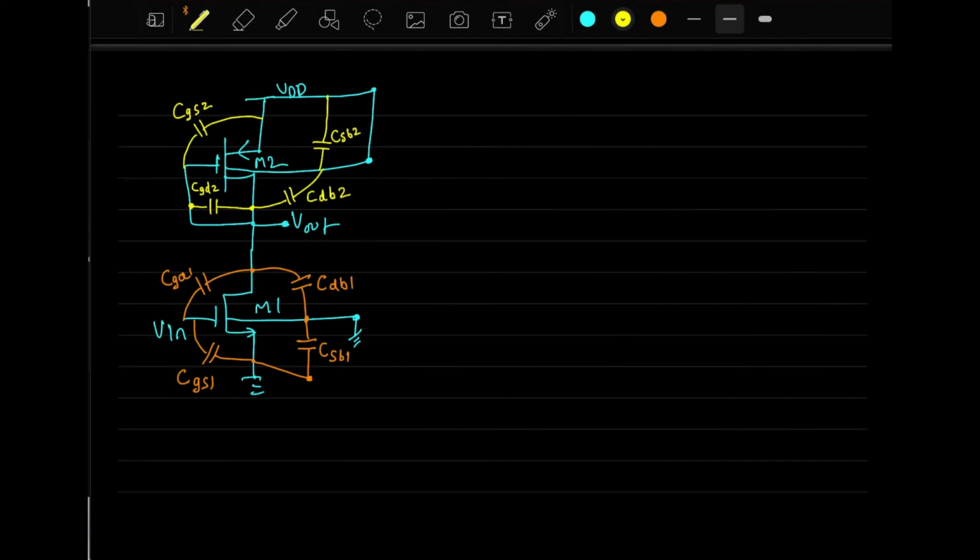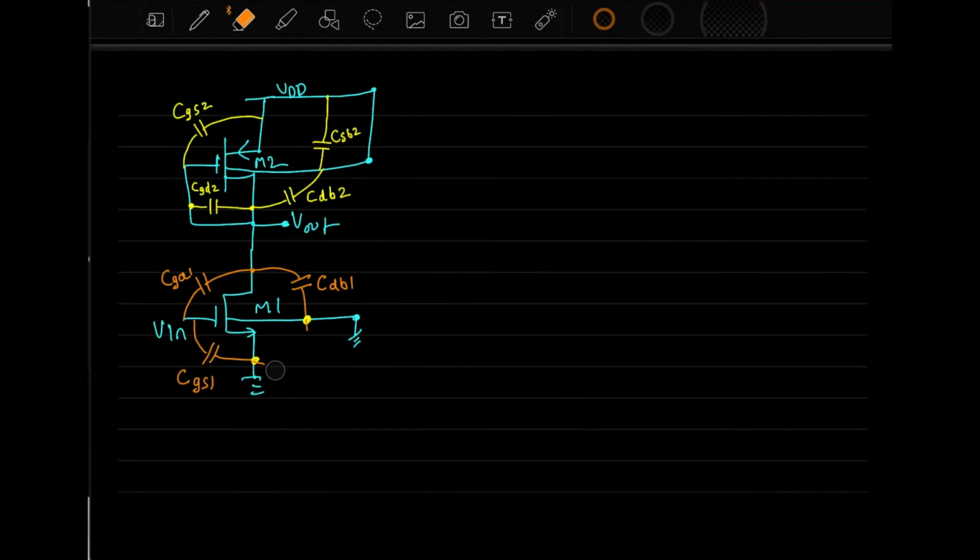Now the important thing is, let us see which capacitances are effective and which are not. Can you tell me, students, which capacitances will be zero? Can anybody tell me here? CSB1, mostly. Why will it be zero? Because both of its points are grounded. Good. So CSB1 will be 0 because both the points of this capacitance are grounded. So let us remove it.